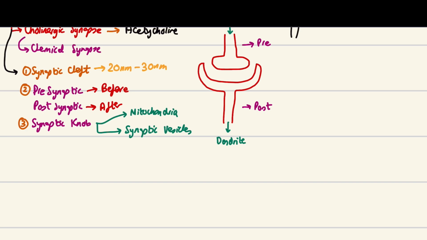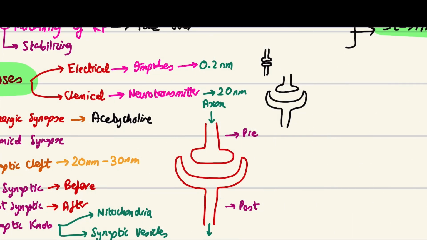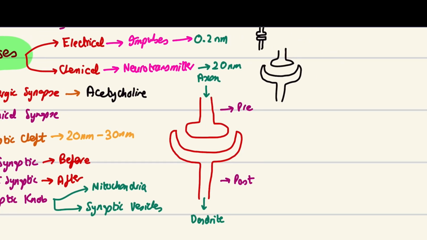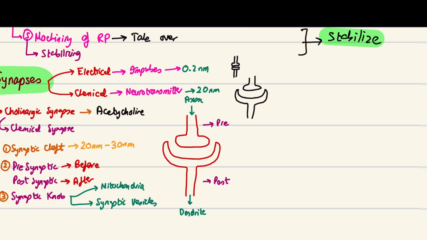ठीक है, अच्छा, now let's move on guys. Alright guys, so we were talking about synapses. ठीक है, मैंने आप लोगों को ये बताया कि यहाँ से इम्पल्स आती है और यहाँ पे से केमिकल्स रिलीज होते हैं, सिनेप्टिक वेसिकल्स रिलीज होते हैं और फिर वो इधर आके अटैच होते हैं, एंड देन दे गो ओवर हियर. But I want to talk a bit more about the functions of synapses, because this is where they essentially